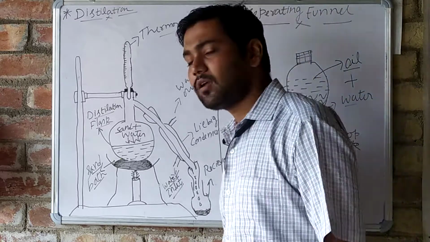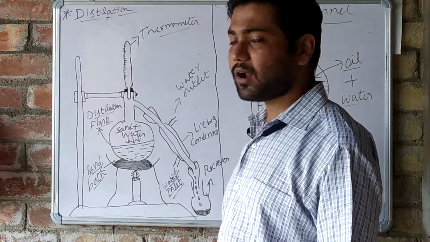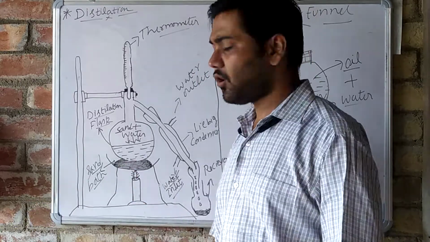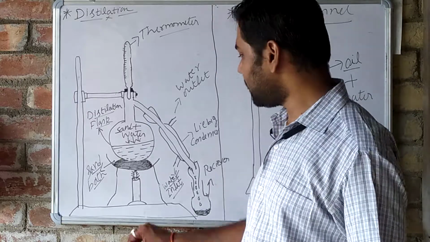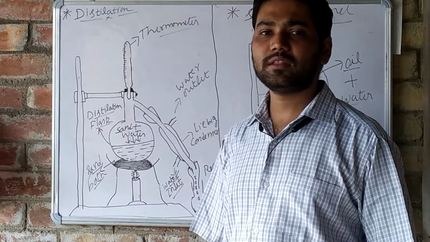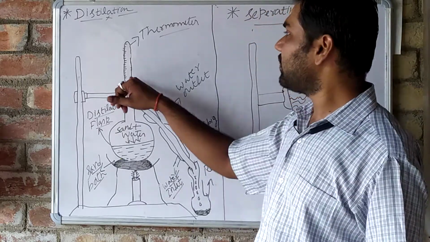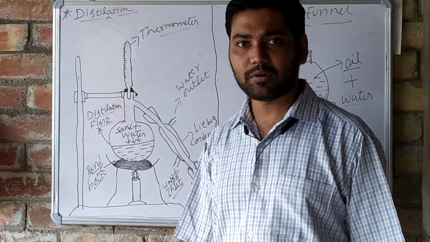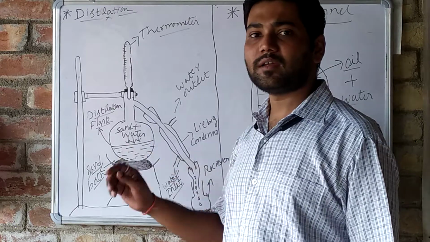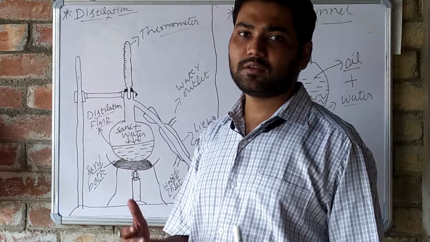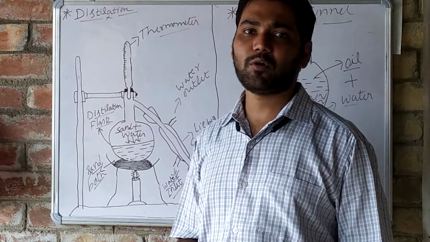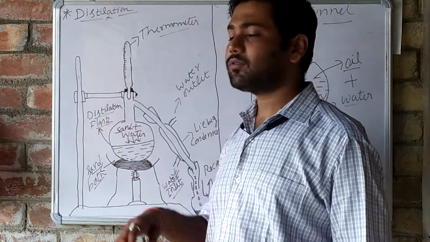Now what we will see, as soon as we start lighting up the Bunsen burner. Now the whole setup is arranged. We have lighted the Bunsen burner and placed it here. Then after some time the temperature starts increasing in the thermometer, and because of which the sand containing water will warm up, get heated, gain the maximum amount of heat.